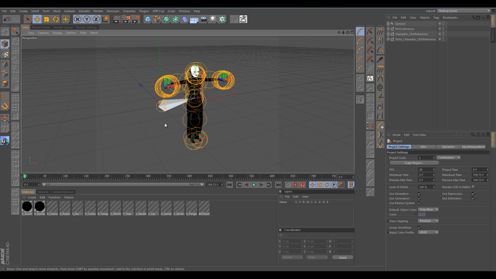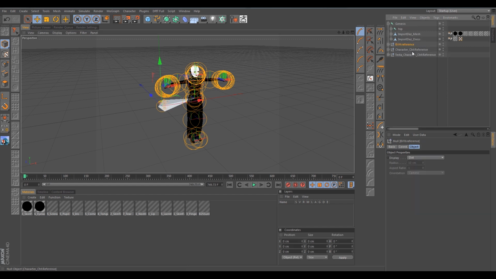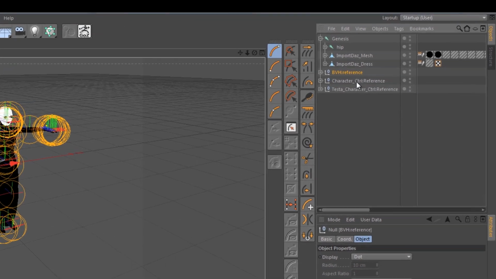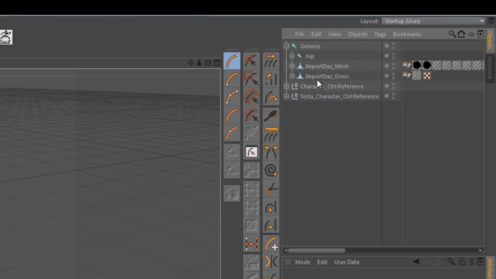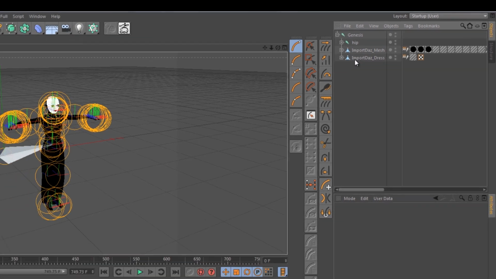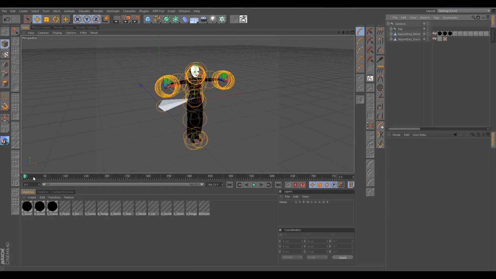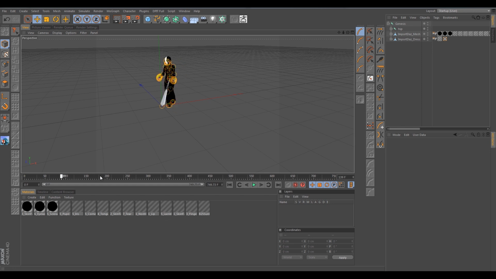So that's really cool. To make our scene move a little bit faster, we can go ahead and delete MotionBuilder's control rig character reference objects and some of this other stuff. And if we slide through,